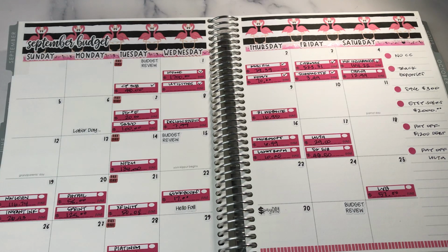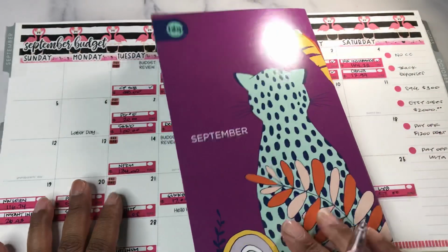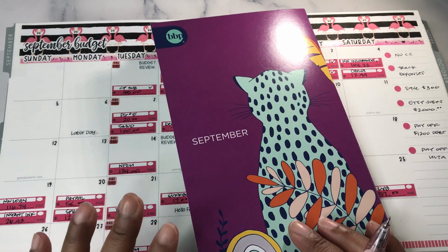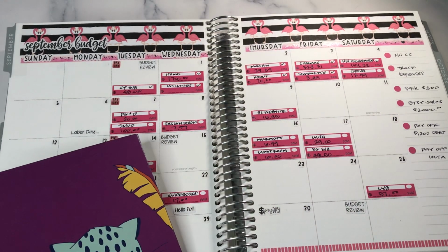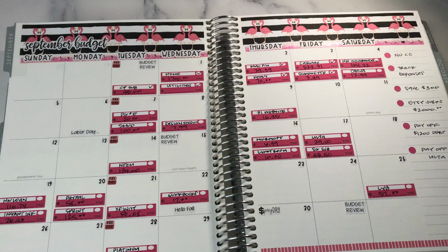Today I am setting up my September 2021 budget in both my monthly planner and in the Budget by Paycheck Budget Mom boxed set. So this booklet is for the month of September. And I'm not really setting it up, my budget's set up, but I'm going to go over it with you. If you're curious about my